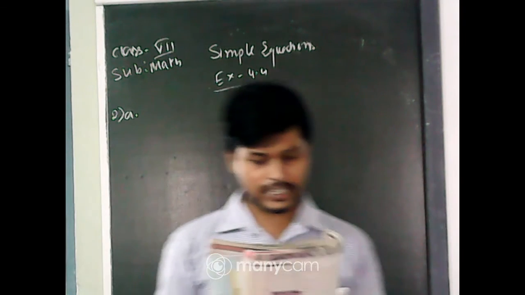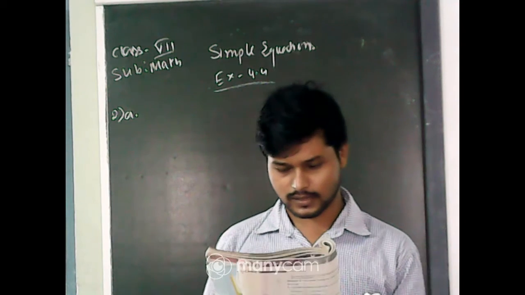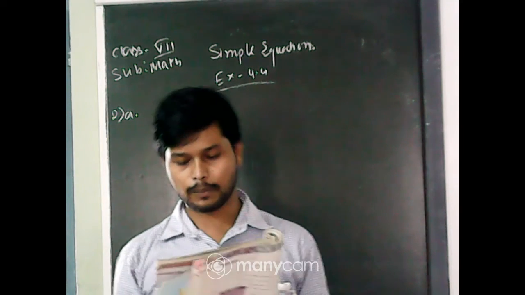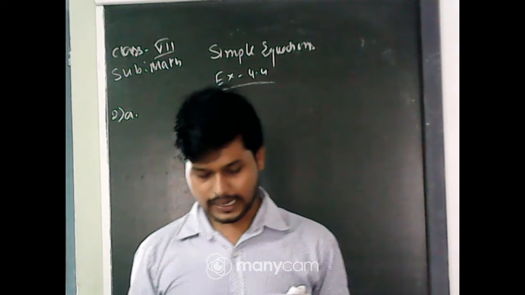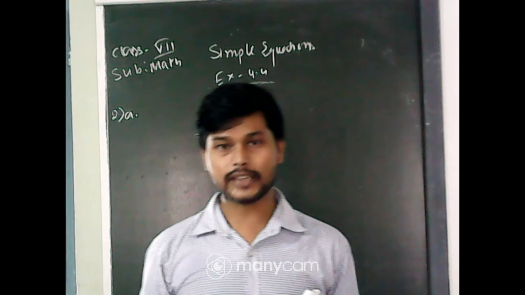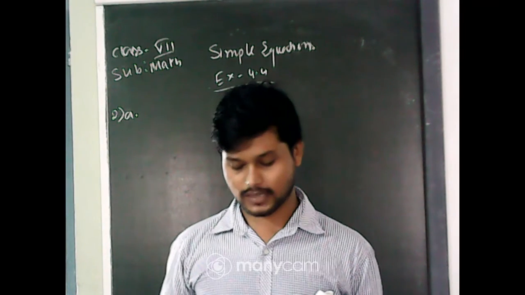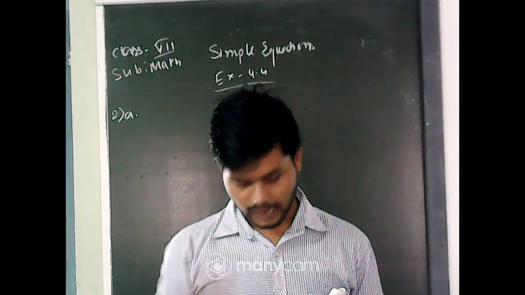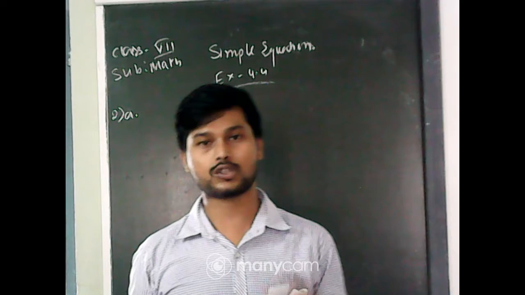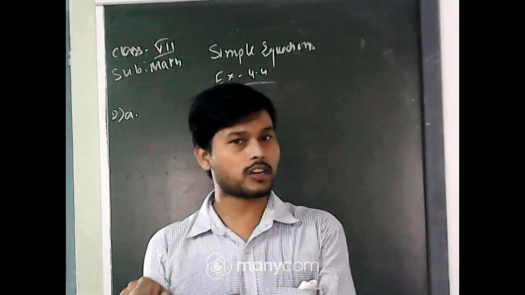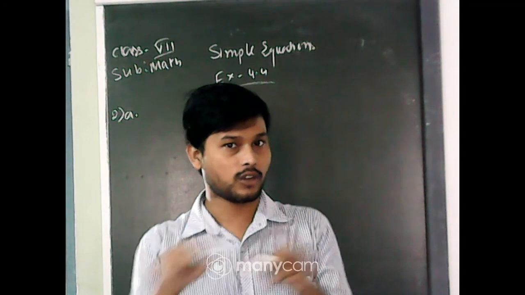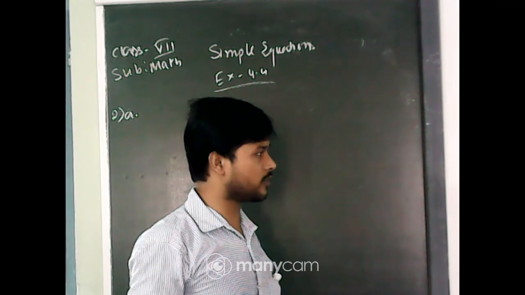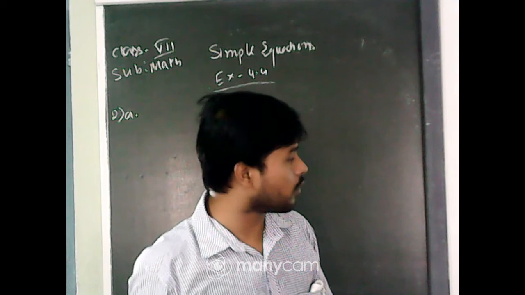The teacher tells the class that the highest marks obtained by a student in her class is twice the lowest marks plus 7. Okay, so here the key line is the highest marks obtained by the students is twice the lowest marks plus 7. So the highest score is given. We have to find out the lowest score.